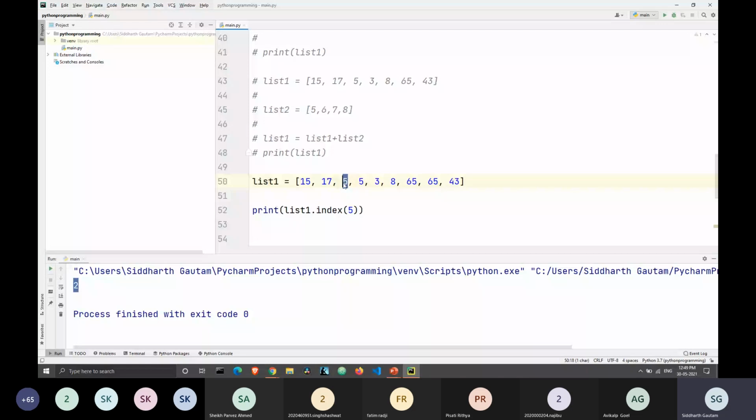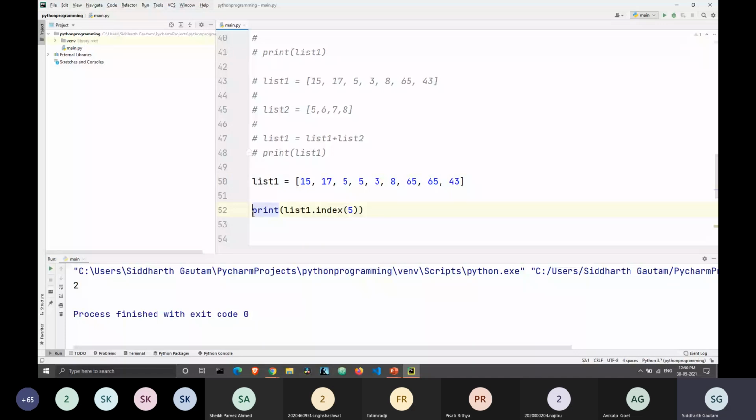Okay, so what if I want to output both 2 and 3? What do I do then? I know that this dot index function is not helpful because it will only give me one output. In that case, I can go back to my loop. I will just comment this out. And let's go back to our loop, all right?